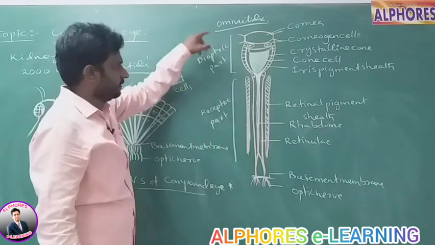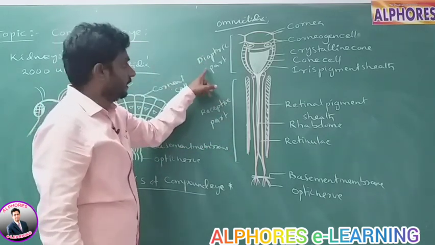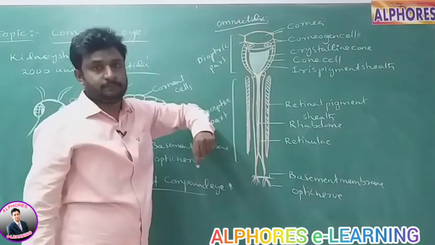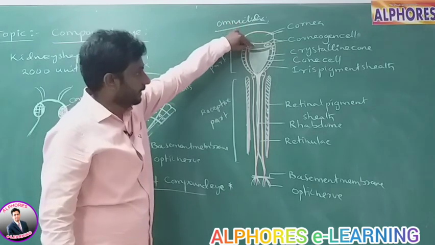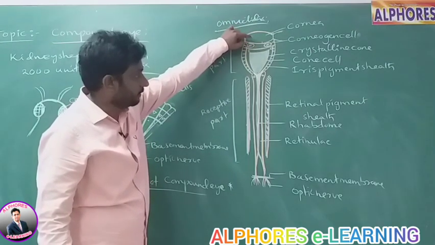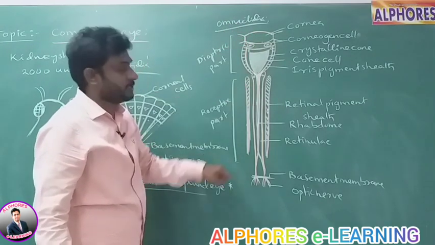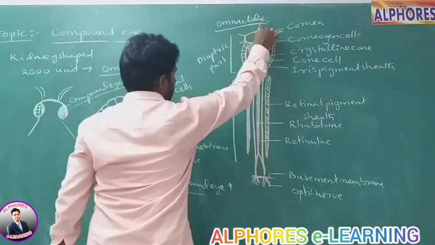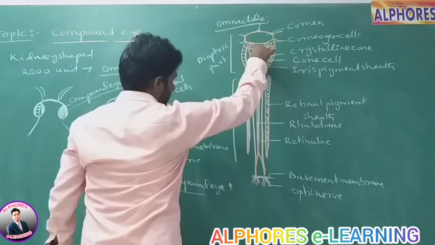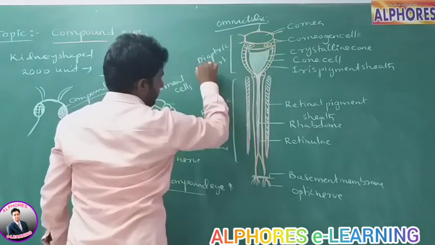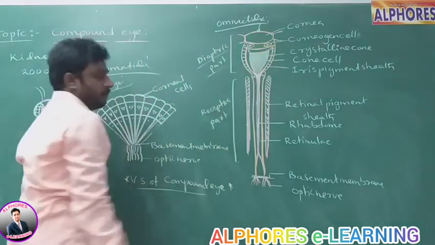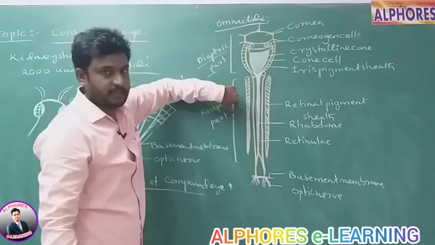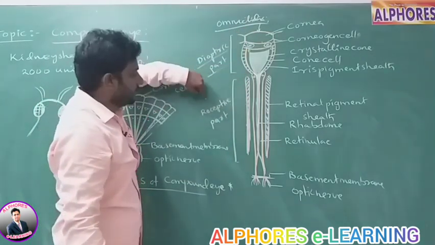What are the functions of these 2 regions? The dioptric region allows light to enter the eye and focuses the light onto the next part of the ommatidium. Light which falls on the cornea enters the eye through this part, called the dioptric or focusing part, which focuses the light onto the next part. The second part is the receptive part,